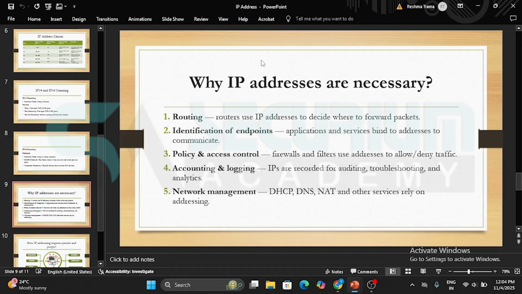In policy and access control, firewalls and filters use addresses to allow or deny traffic, and in accounting and logging, IPs are recorded and audit, troubleshooting and analysis are performed. In network management, DHCP, DNS, NAT, and other services rely on addressing.